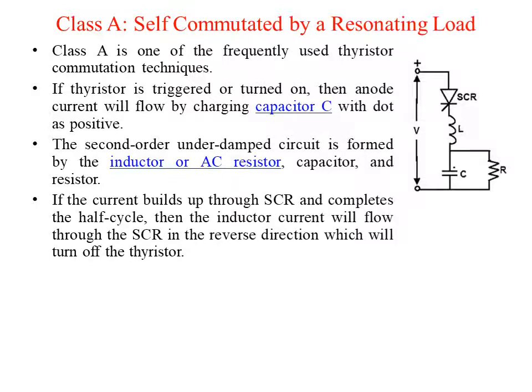If the current builds up through the SCR and completes the half cycle, then the inductor current will flow through the SCR in reverse direction, which will turn off the current. So after the half cycle, the current starts flowing through the inductor in the reverse direction of that of the SCR, and hence the SCR will